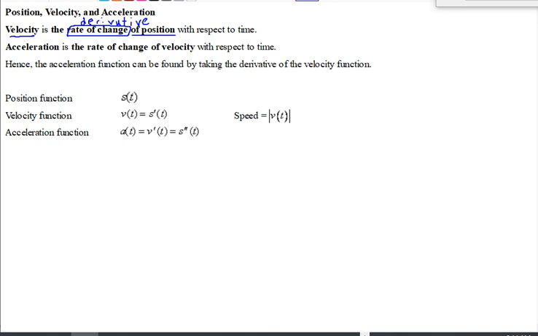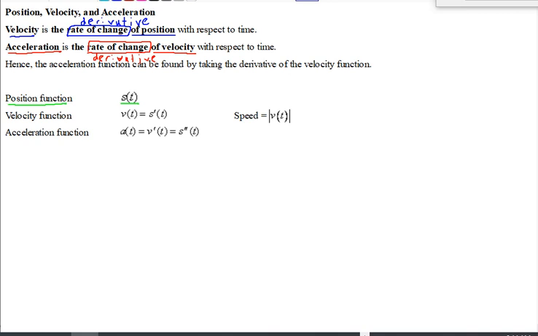And acceleration is the rate of change of velocity, or derivative of velocity, with respect to time. So your acceleration tells you how the velocity is changing over time. So if we start with our position function, which is called all kinds of things, including s of t,